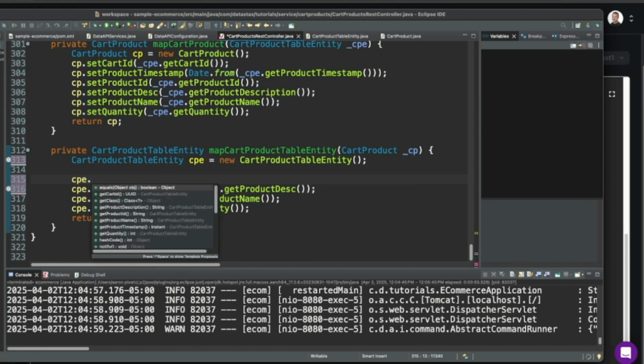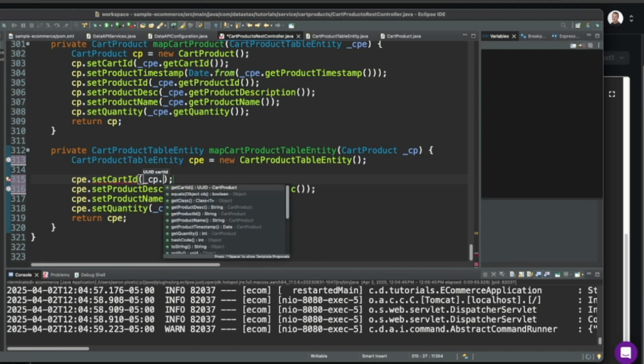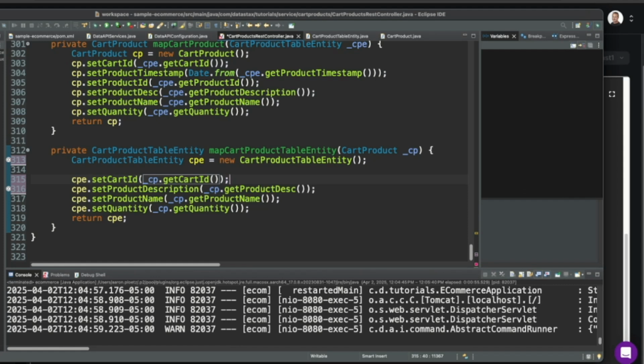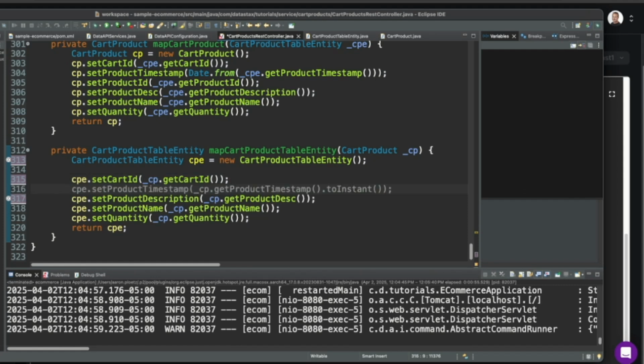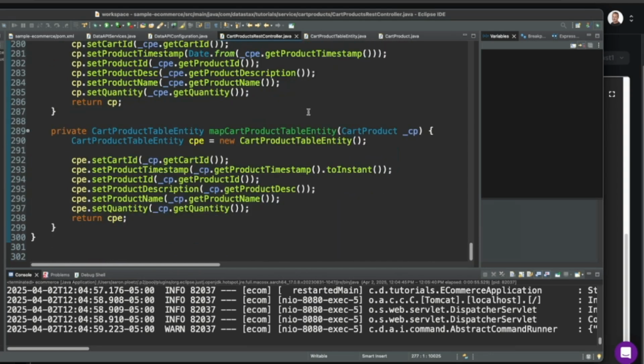And here we can say set cart ID, and that's going to be cart product dot get cart ID. Then we can say set timestamp, yep, to instant. Yep, that's right. And then product ID. There we go. So now our mapper is done. Perfect. Okay, let's go ahead and run this.